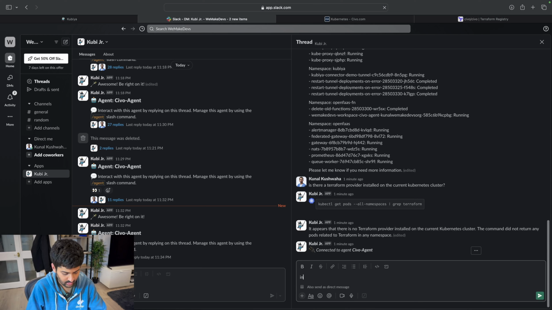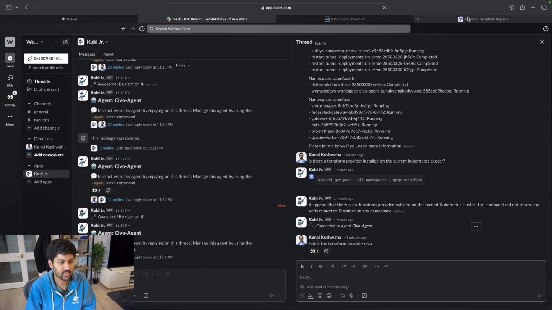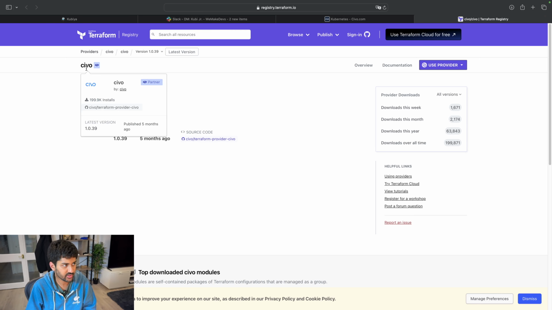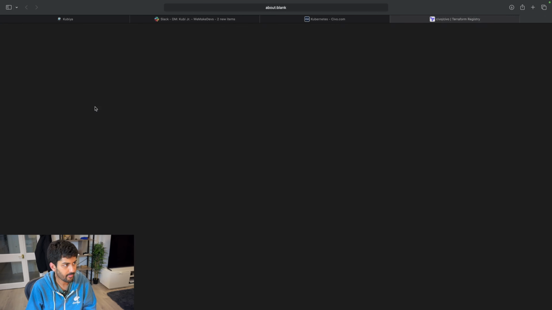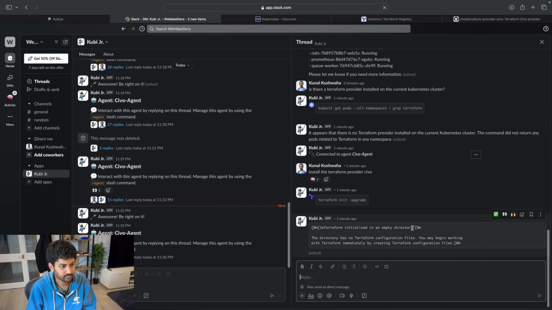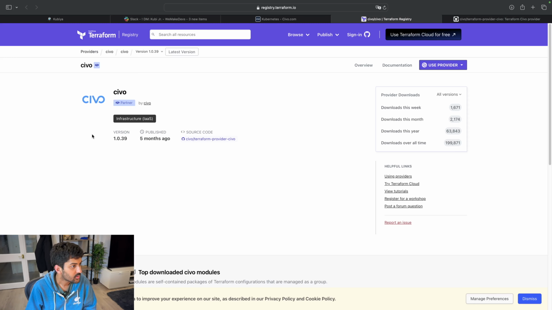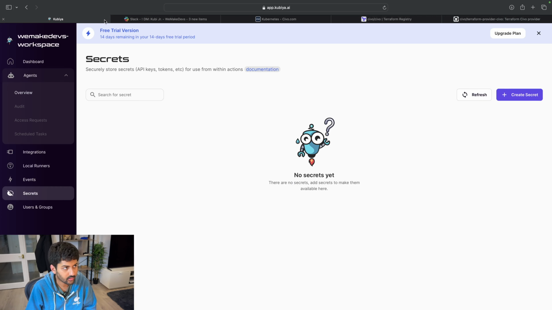I can say install the Terraform provider Civo. Because you can see there's this one over here, the Terraform registry, Civo. See, Terraform provider Civo. There you go. It's version and everything.